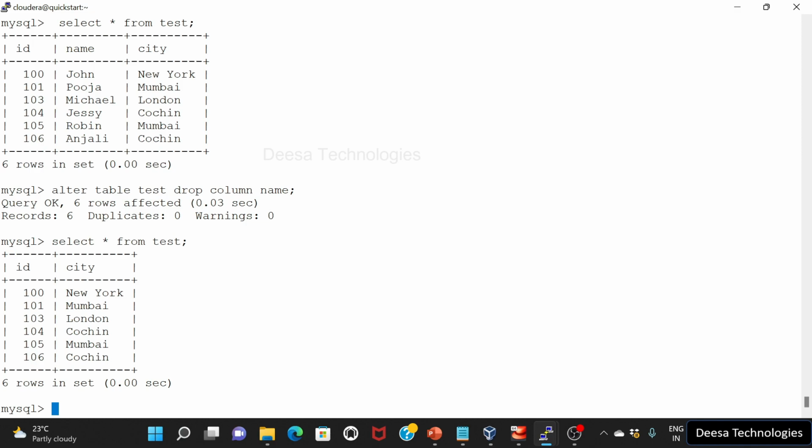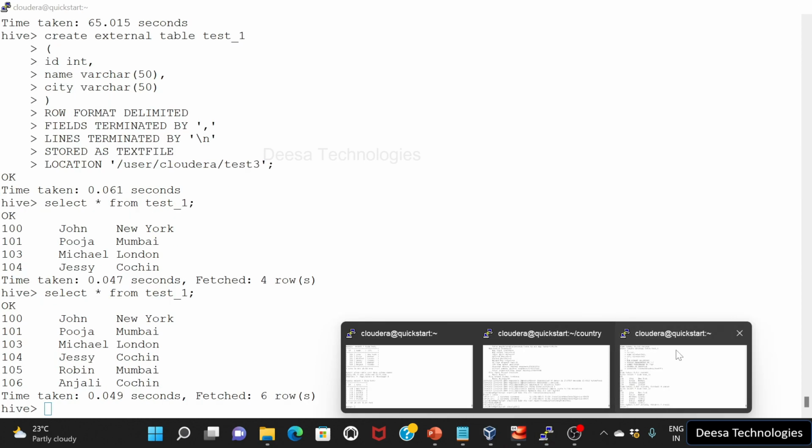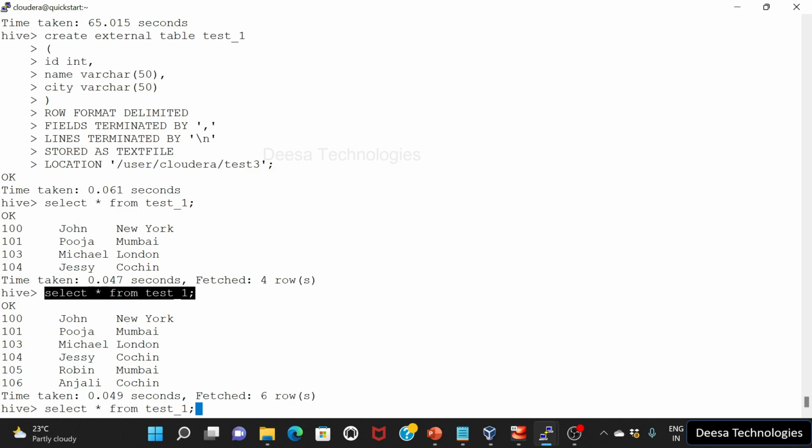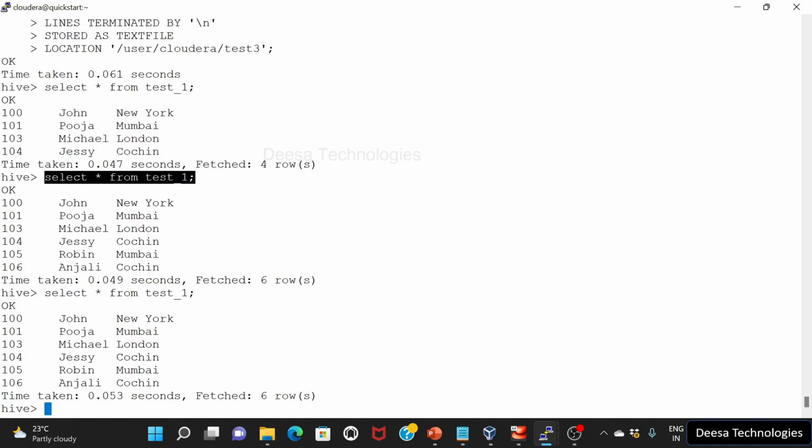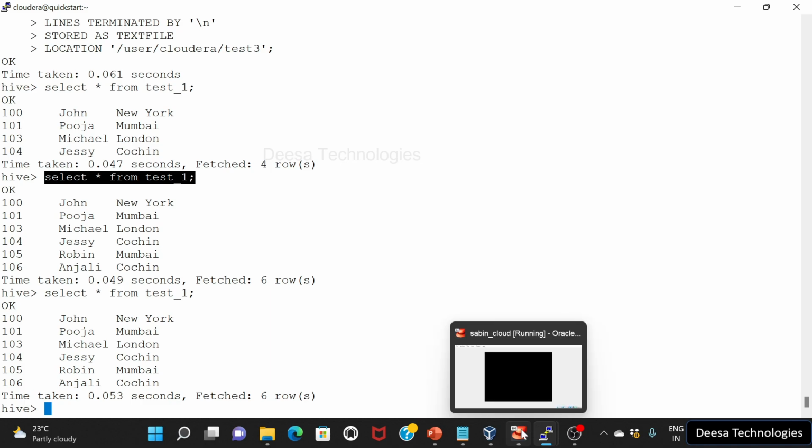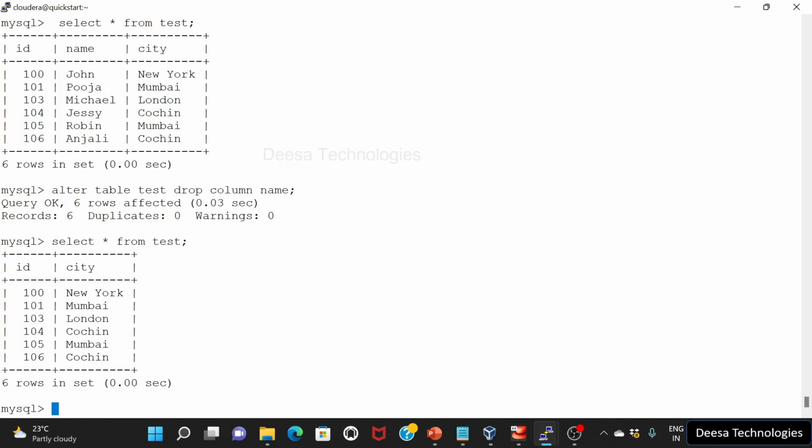So the change has happened at the source side. Now what will happen at the target? If you go and query this target, it is still showing those three columns of data, which is fine. That should not be a problem. But let's say we insert two more records here. Now here we don't have name, we just have city. So let's say we have this value as 107,